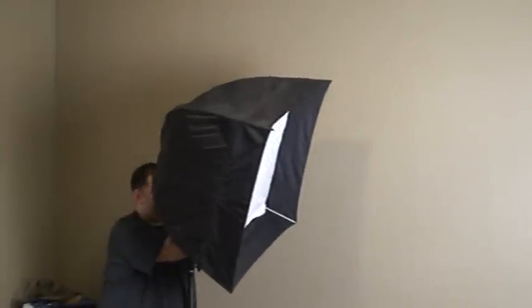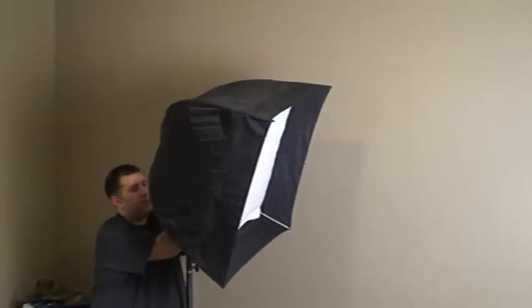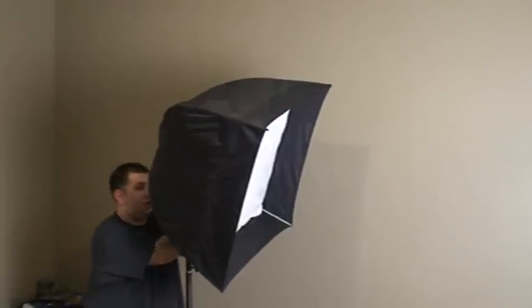So now I can set it upside down, point it at the ground, point it face down, point it up, come to the side with it, however I want. And my modifier can be at any angle, and I can lock it out. So if I wanted to face it this way for some reason, I just lock this and lock this, and now I'm at that angle. So I need to switch the angle because I want to light a different position. So I just turn it this way, and now I'm facing this direction, lock it out,